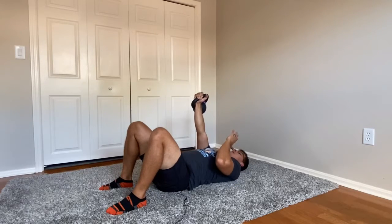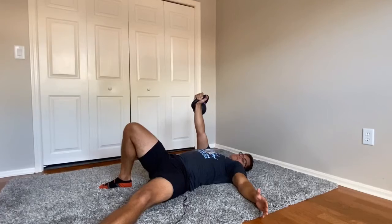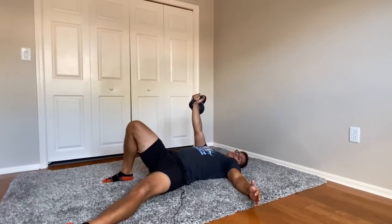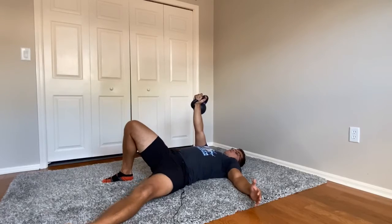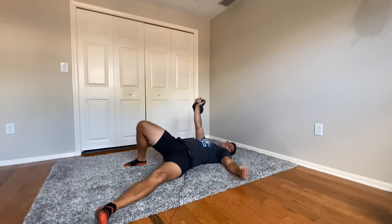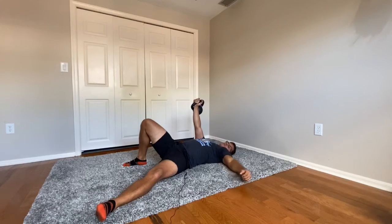Now, my right arm's loaded, so it's gonna be my left arm and left leg that extend out 45 degrees from the body, okay? Now this right heel here, I'm going to use it to push off the floor, and that's going to rotate my body, okay? And then I'm going to follow through with this elbow. So that heel is going to dig into the ground and rotate me, then I'm going to follow through with this elbow, which is going to get me up to the elbow position. So what it looks like is